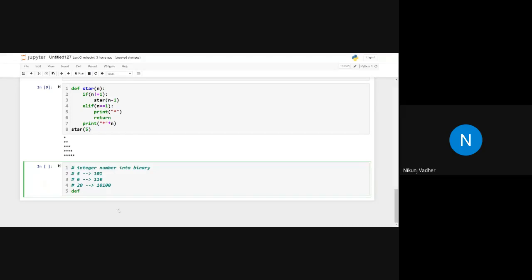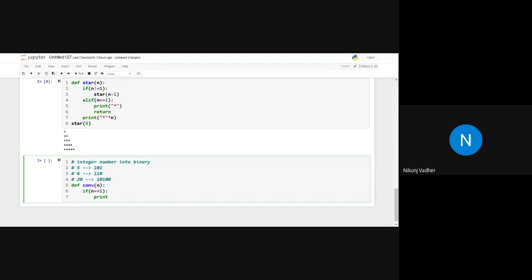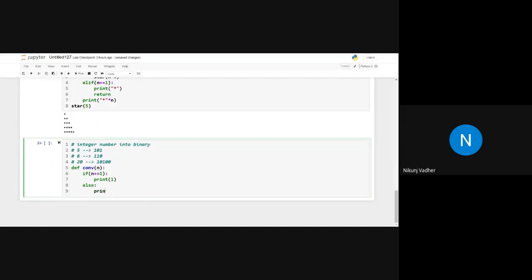Let's try to define a function. If n double equals 1, then print 1, else, if it is not 1, then what we will do is call conversion with n minus 1.